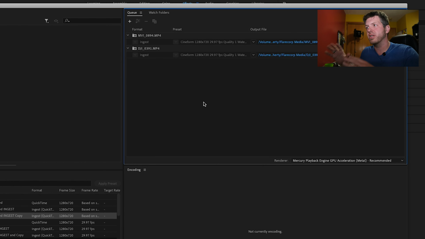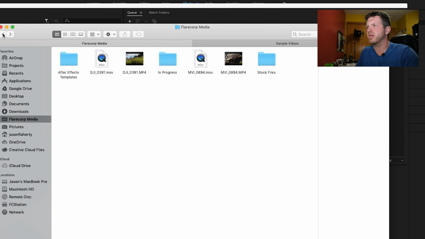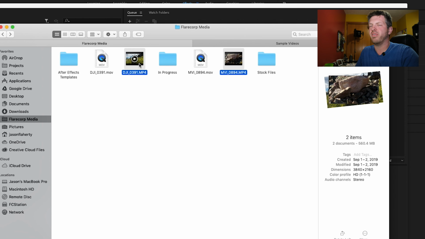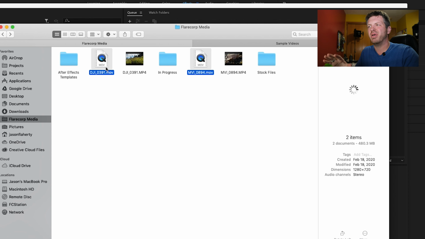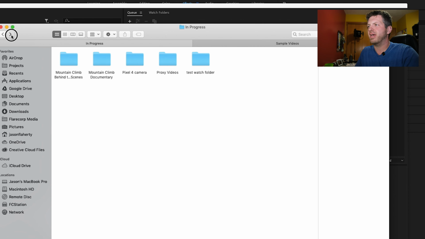Okay, so those are done. So it made the proxies. And if we come here to the default FlareCorp media folder that I was talking about, you can see it, one, copied the original files, two, it made the proxies. So it's kind of messy. You can obviously tweak things a bit more, but you can see then